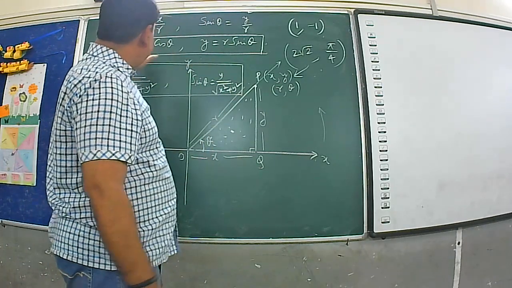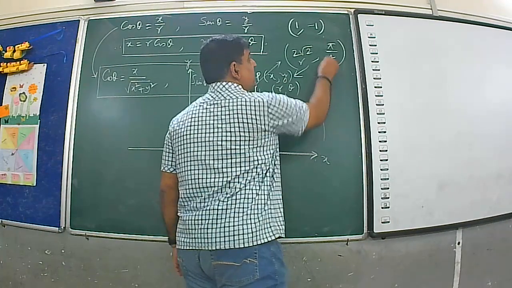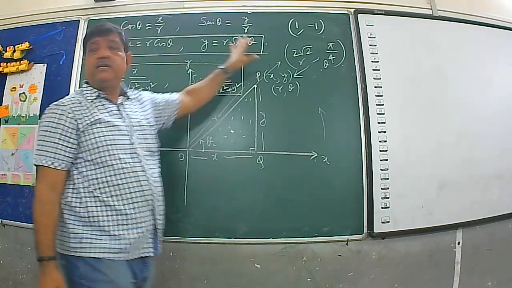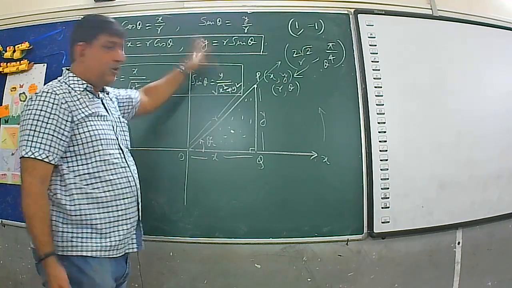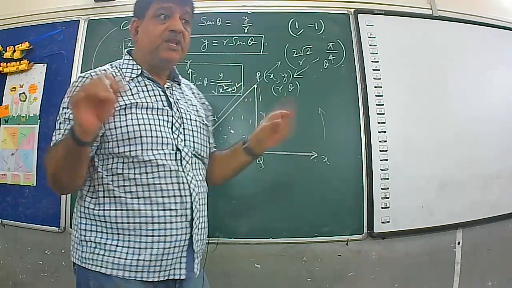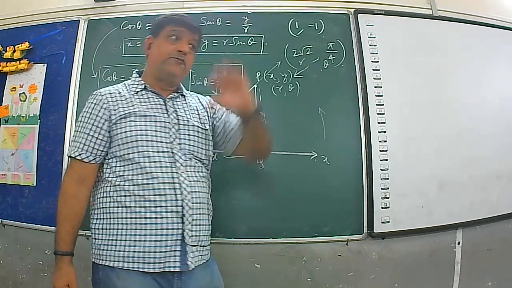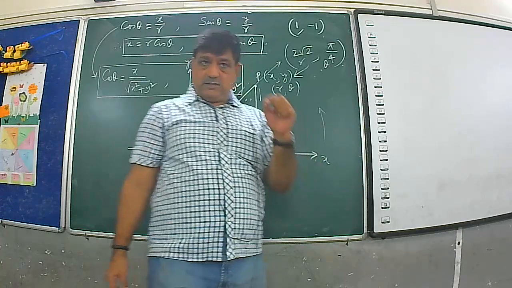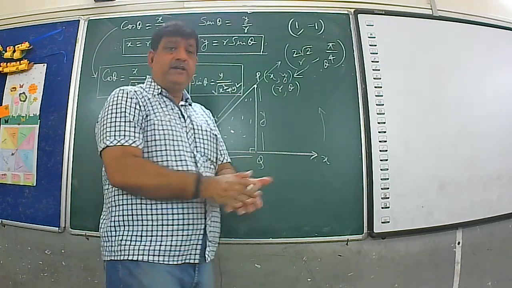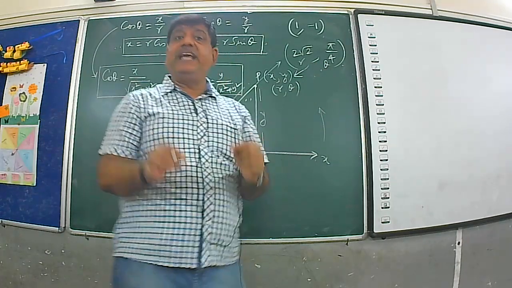Boys, remember, whenever it is asked to find the Cartesian coordinates, if polar coordinates are given, say r and theta are given to you, just put the values of r and theta here, you will get the values of x and y very easily. So that will provide you the Cartesian coordinates of the point. Now, the main problem is, if Cartesian coordinates are given to you, to find the polar coordinates, it consists of a little knowledge of trigonometry,